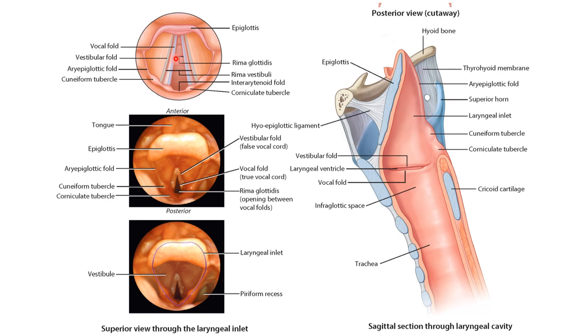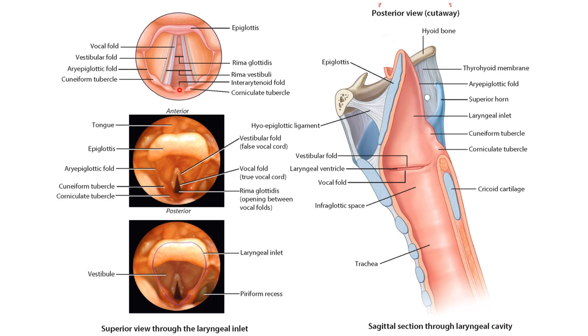so this is your rima glottidis or opening of the vocal fold. This is your rima vestibuli or opening of the vestibular fold, and this is your interarytenoid fold. Okay, so these two structures here, the cuneiform tubercle and the corniculate tubercle, are portions of the arytenoid cartilage. Okay? That is why this region here is called the